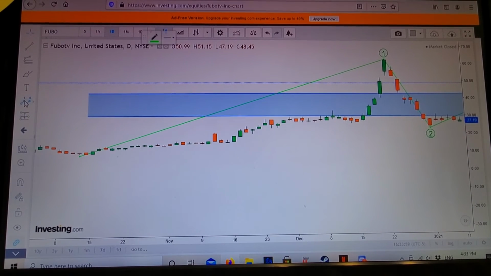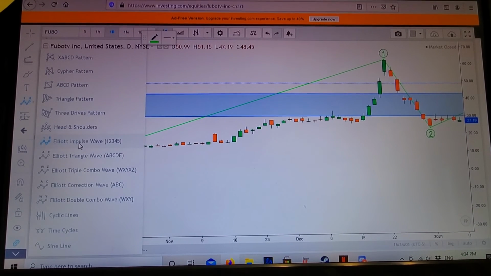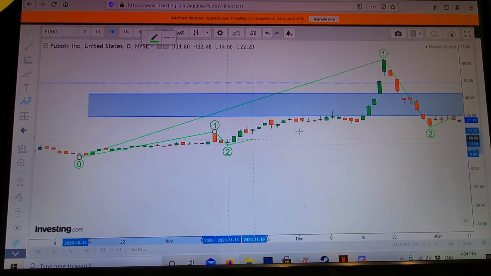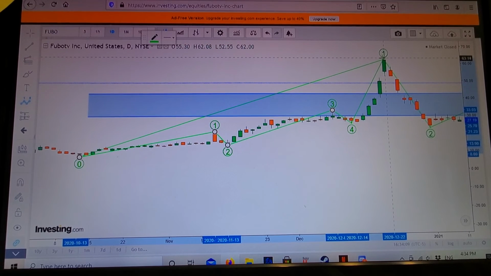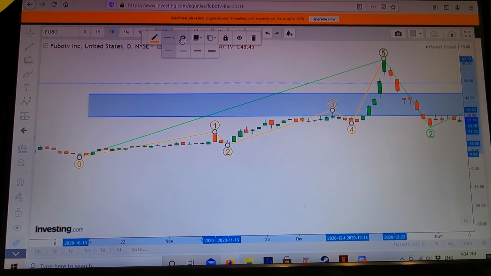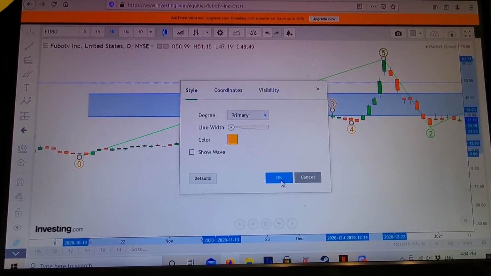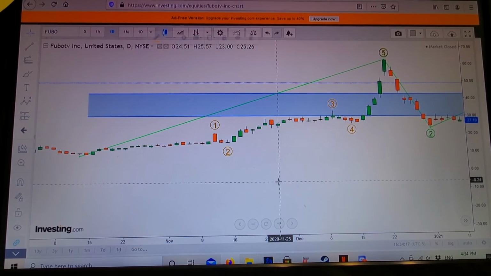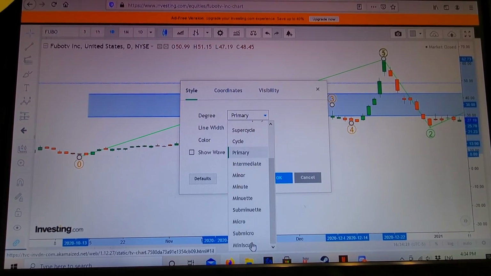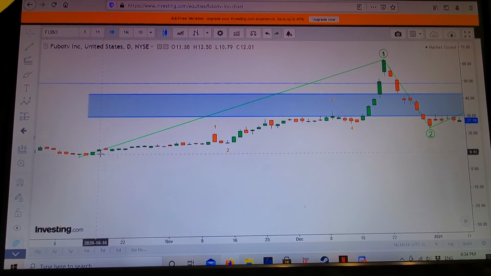Just for fun, we'll map it out so you can see it on the chart. We'll change the colors and the style so it's easy to read. We can get in there and really measure this out if you want, but we'll change this to orange, and we'll get rid of the line so it's easy. Actually, we'll also make it minuscule. So you see 1, 2, 3, 4, 5. That one looks loosely to validate to me.